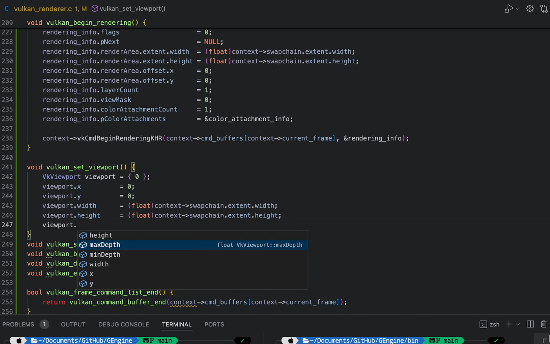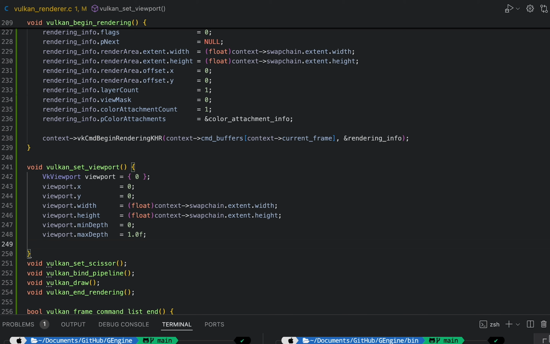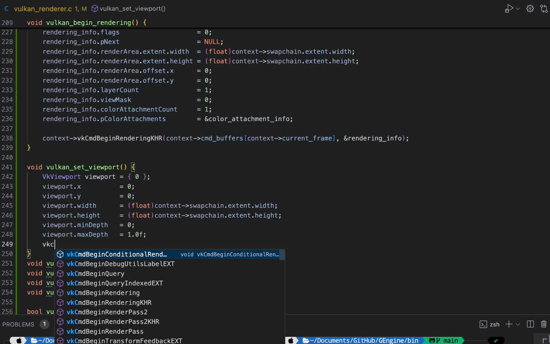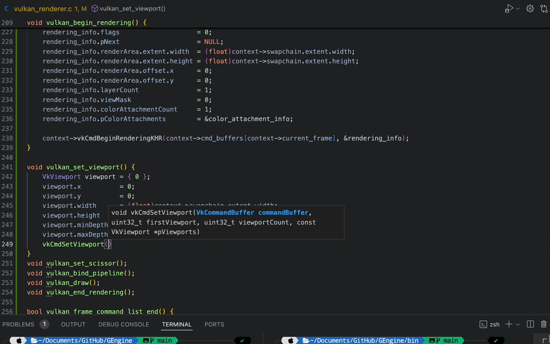And then viewport has what else? It has the min and the max depth. So let's do min depth. The min depth, I guess we can just set that to 0, and then the max depth, well, let's just go with 1. Yeah, let's just go with 1. And then finally we can just call the command to set the viewport. So vkCmdSetViewport,